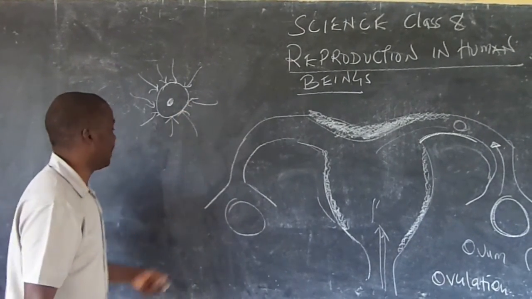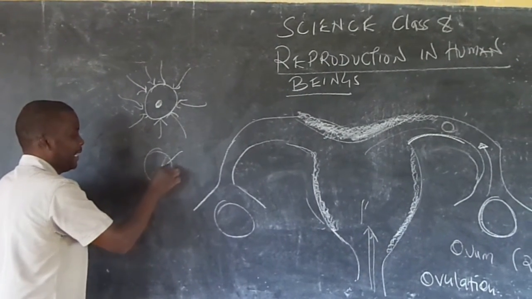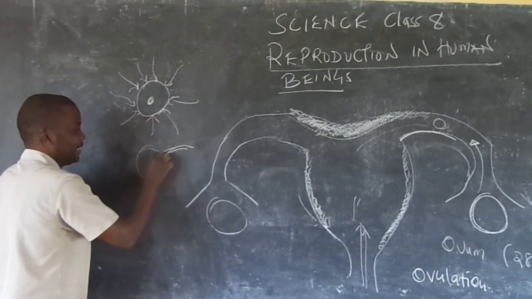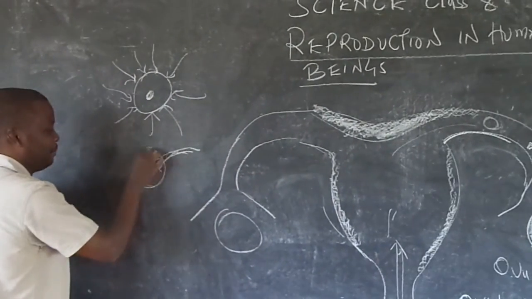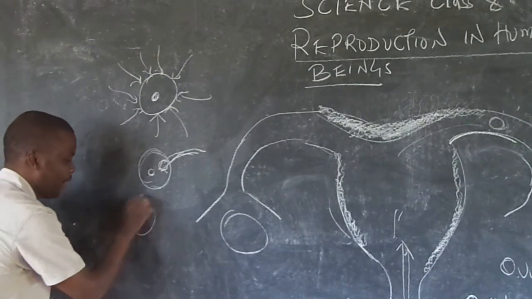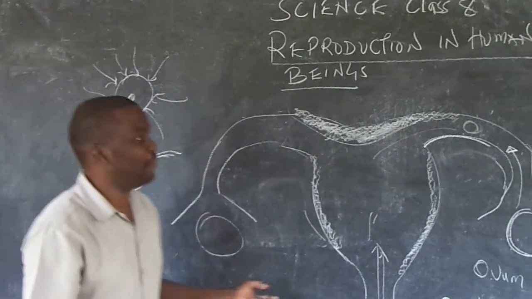It's always one sperm. And if it breaks in, it will enter like this. This is a sperm that has broken the egg. After they broke the egg, they come like this and then form one thing. And when they do that, they